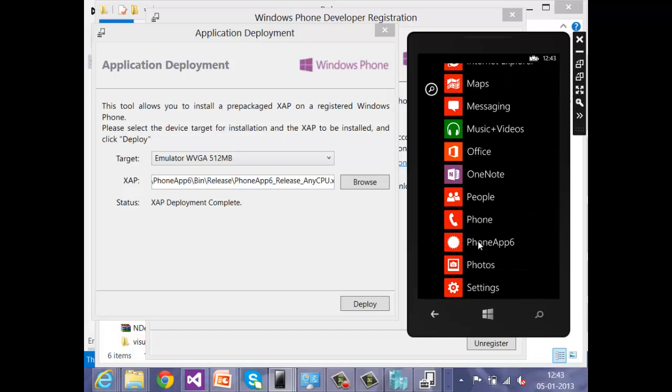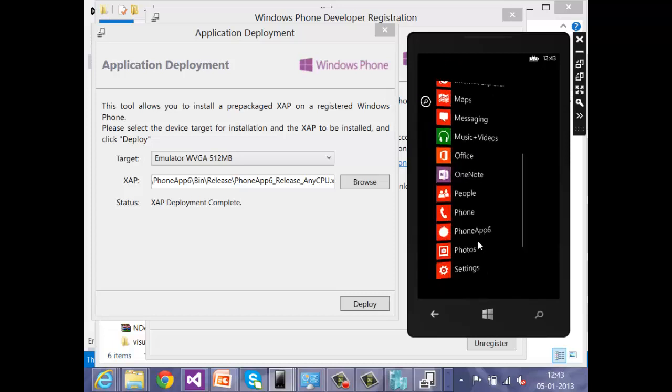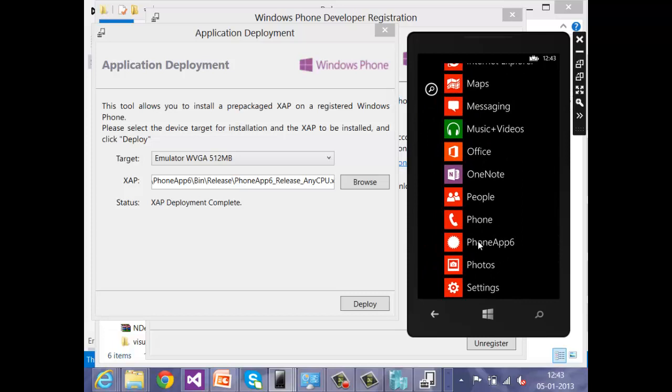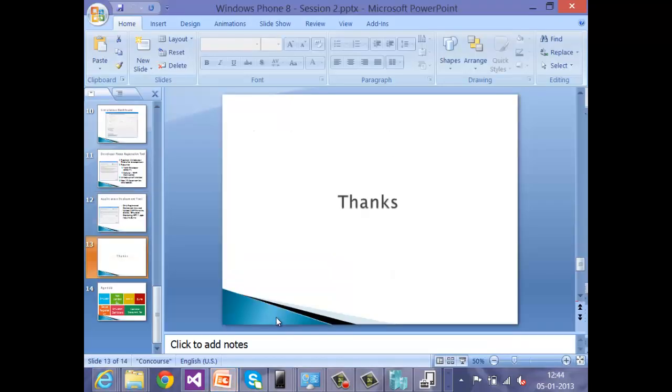Yeah, the app is here. There is some kind of error, but you'll be able to see the app when you deploy the XAP file. So that's about the tools.